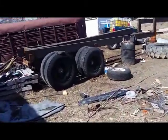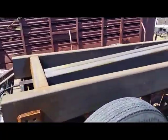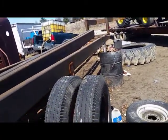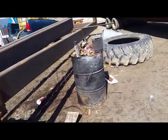Got some more done on this trailer. I couldn't really film doing this because I kind of got evicted out of my house and had to move out in a hurry, so I had to cobble this together. But